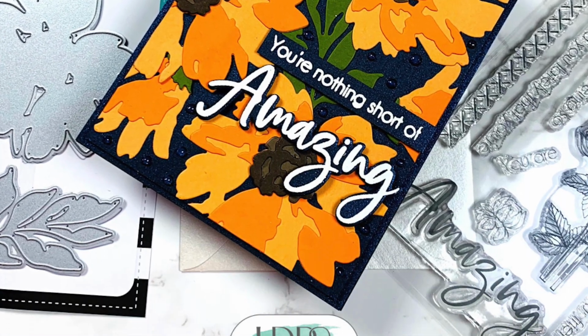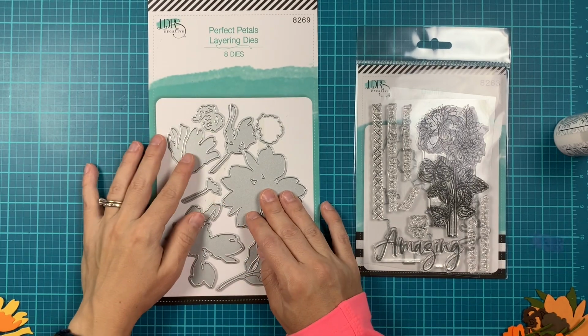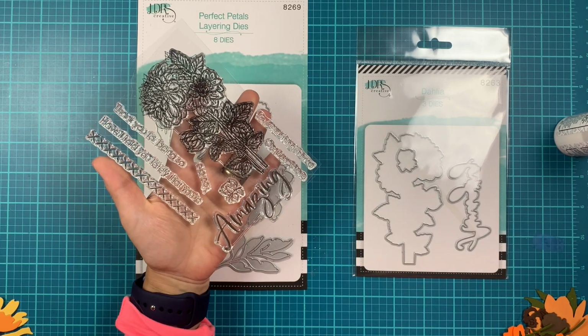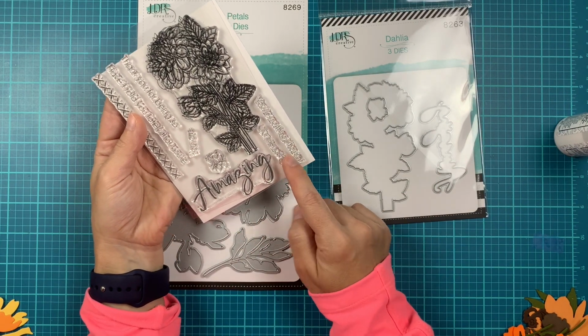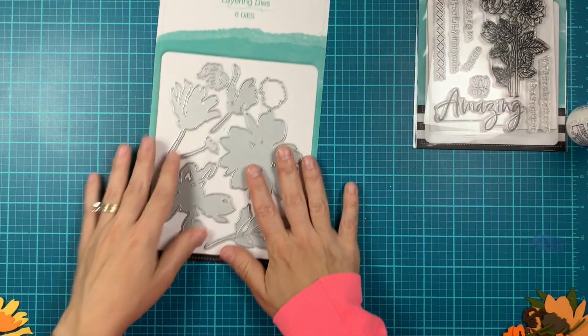Today I'm using some of the new October release. I'm using the Perfect Petals layering dies. This creates beautiful flower. Also, I will be using sentiment from the Peony stamp set and the coordinating die. So you can see the large sentiment, it says amazing, and there are a few more sentiments that go with amazing, so you can put together different